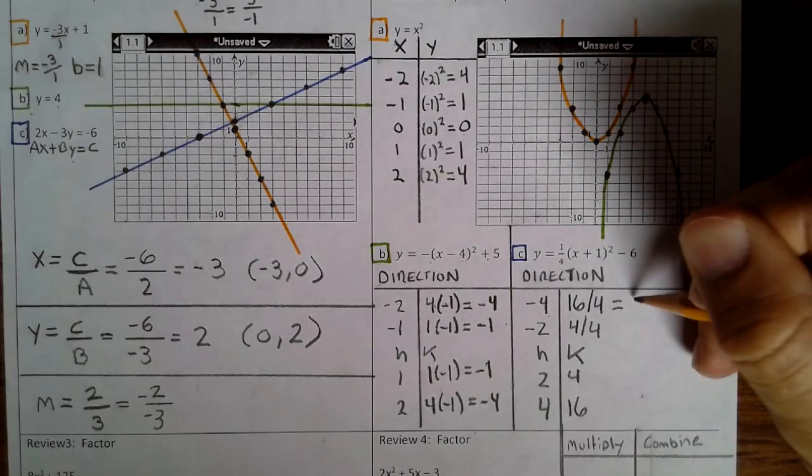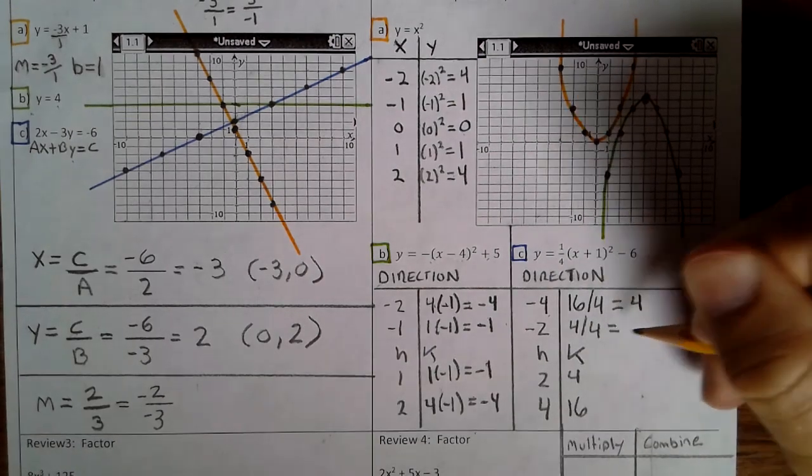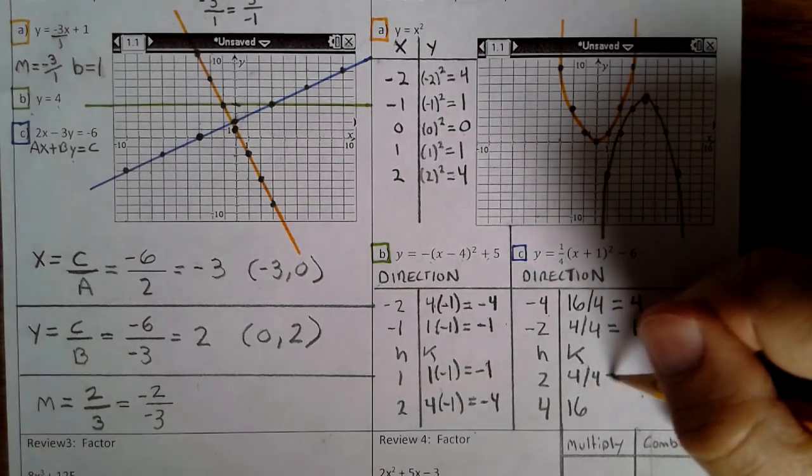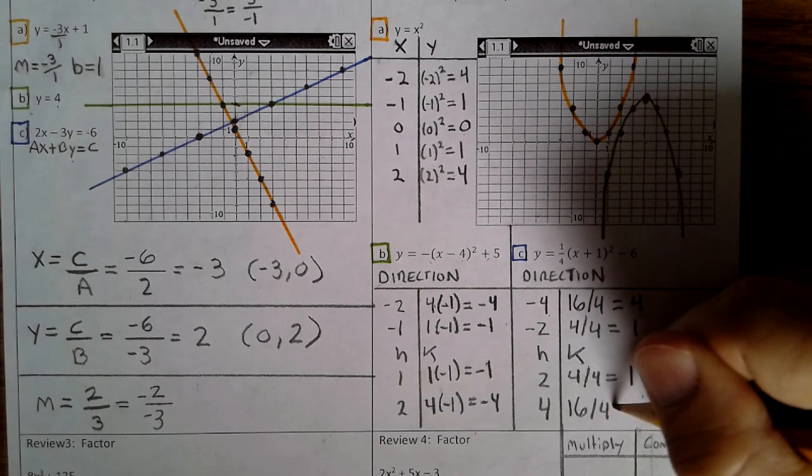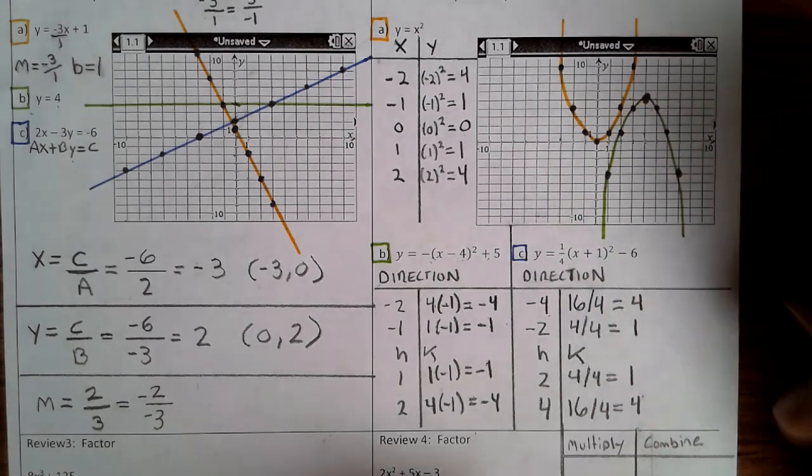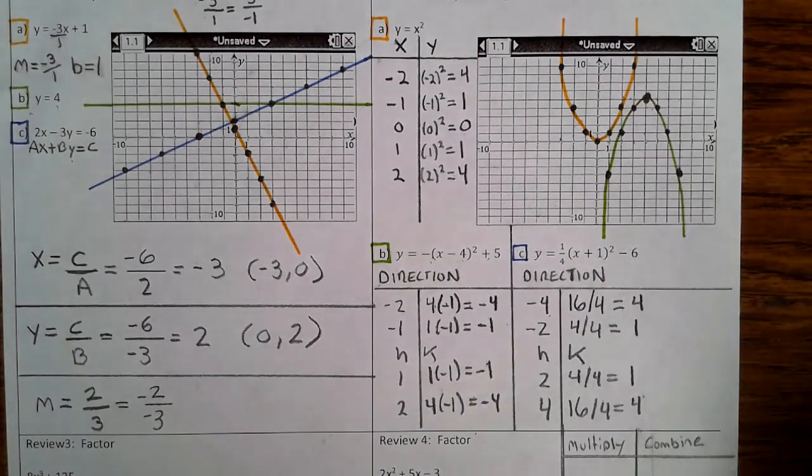So 16 divided by 4 is 4. 4 divided by 4 is 1. 4 divided by 4 is 1. And 16 divided by 4 is 4. Okay? Now,